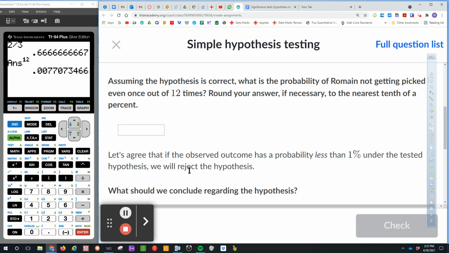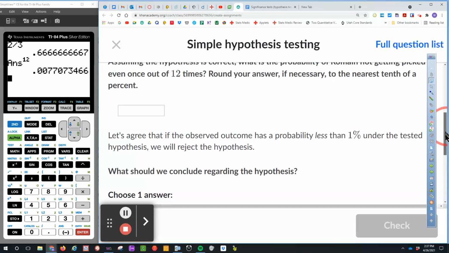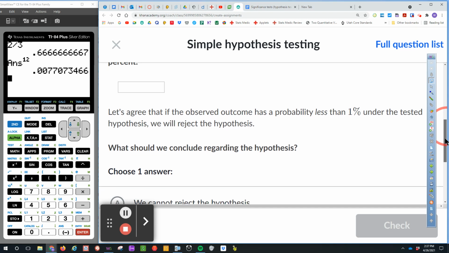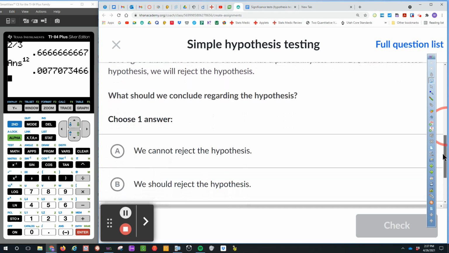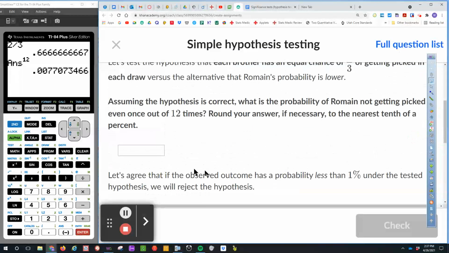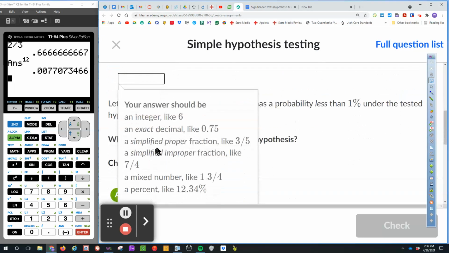then you have reason to reject the hypothesis. In this case, our hypothesis is that there's equal opportunity, equal chance for all three brothers, each of them to be selected. So if we reject the hypothesis, okay, we reject the hypothesis,